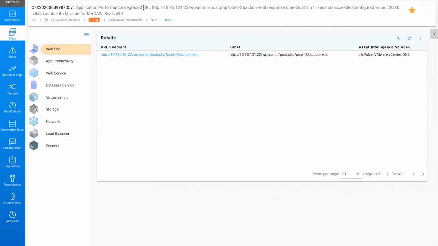When the ticket has this URL, it will automatically need to understand what are all the possible impacts. So which service, what is the web server that is supporting the service, and what database it is connected to, what VM it is running on, and if there is a load balancer or a firewall, and if there's a switch and storage. I need to be able to understand all the elements and also organize them in a way that is easily understood by the NOC/SOC engineer.